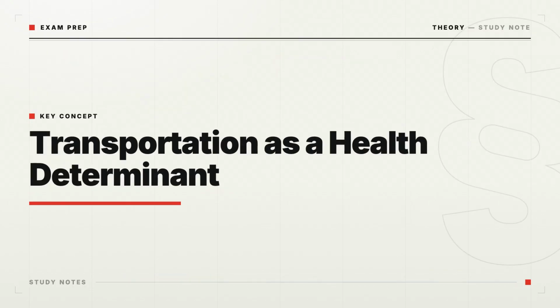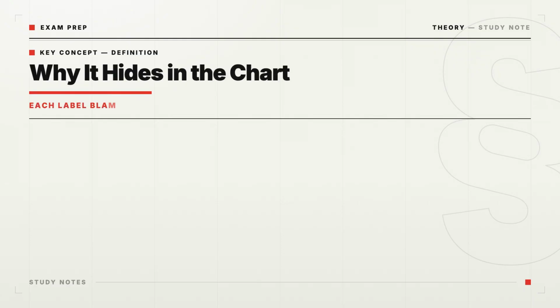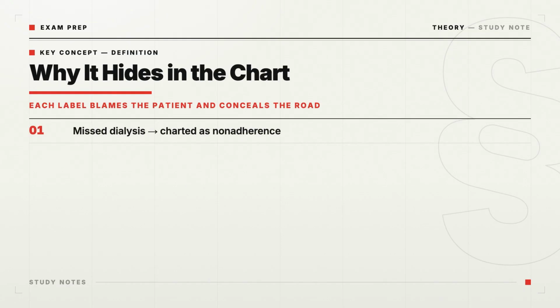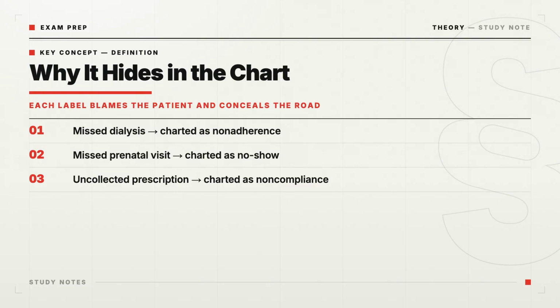2 neighboring counties, same kidney disease rates, same open dialysis chairs. Yet one county sees far more missed sessions, more hospitalizations, more deaths. The difference isn't the disease or the clinic. It's whether a person without a car can physically get to a chair 3 times a week. A missed dialysis session gets documented as non-adherence. A missed prenatal visit becomes a no-show. An uncollected prescription is non-compliance. Every one of those labels describes the patient and hides the fact that the real problem is 30 miles and